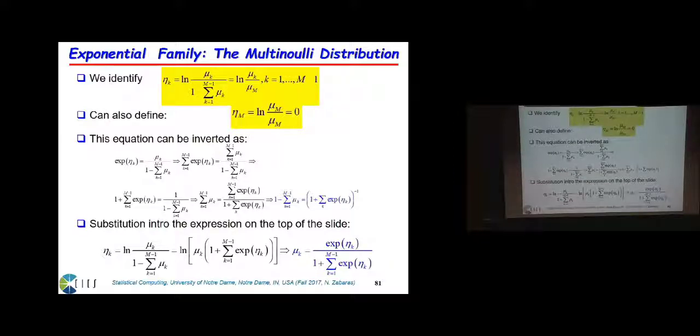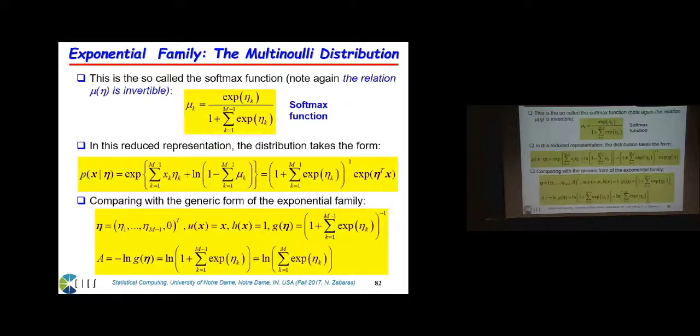Okay? So you know that these functions, when you see them in the context of logistic regression and all these things, don't come from nowhere. They are basically some mathematical reasoning for why they are the way they are. So this is the softmax function, and actually we will see this in plots as we go along. It looks like a soft version of the maximum function.